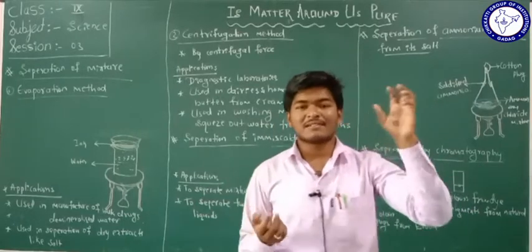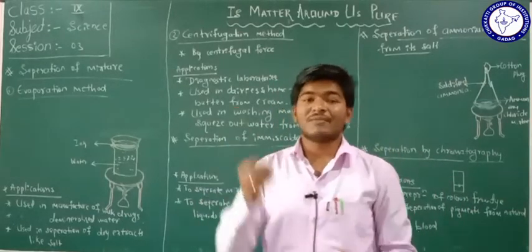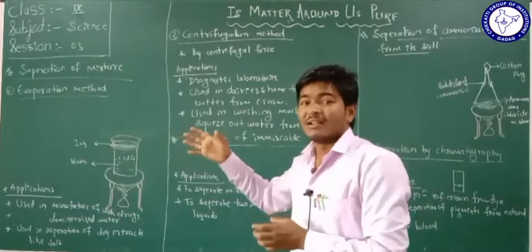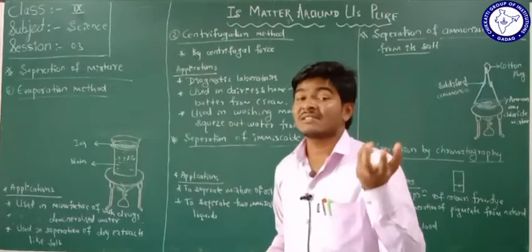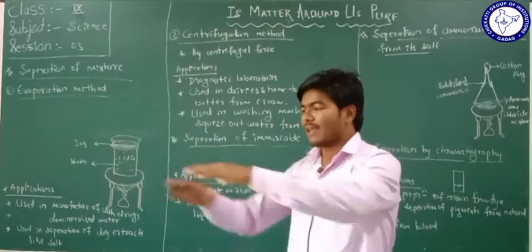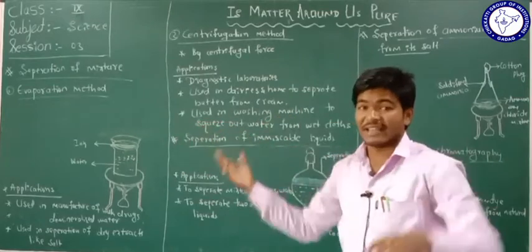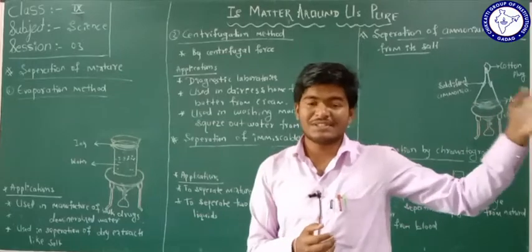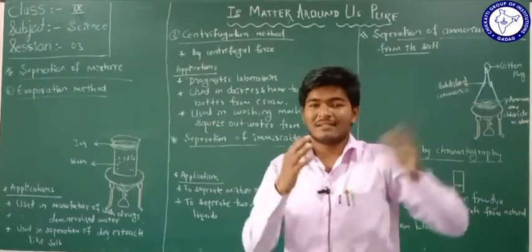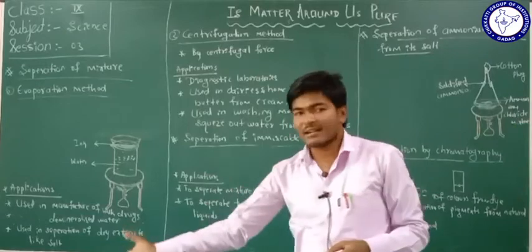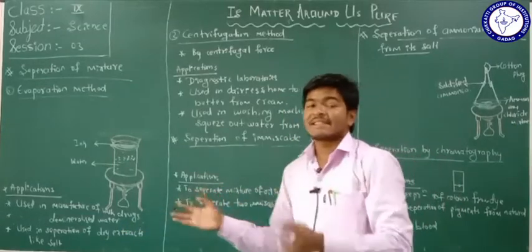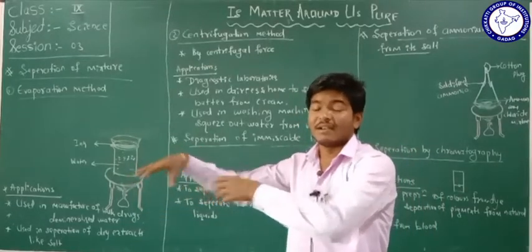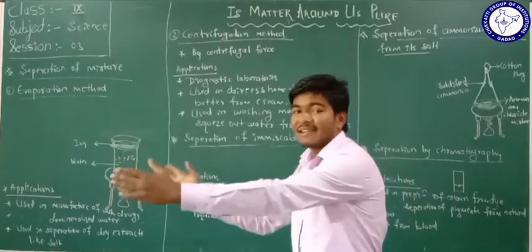For example, I am considering one general example here. Salt is made nearly next to the sea, isn't it? What process are they going to do in that area? They are going to make small or big holes in the land, and the water which is present in the sea comes and is collected in those small ponds. The small ponds contain some sand particles, but when the water comes and is collected in the ponds,